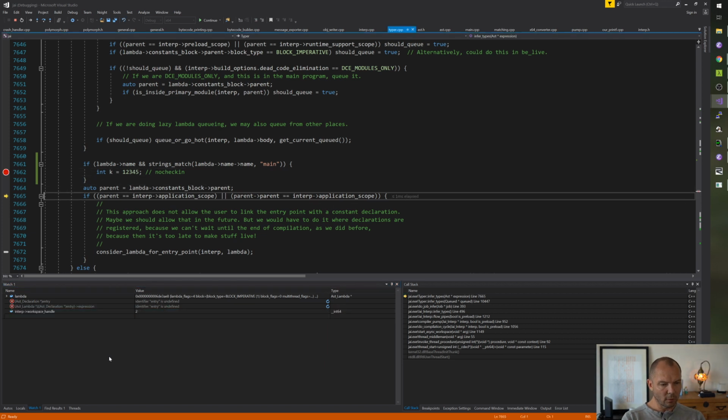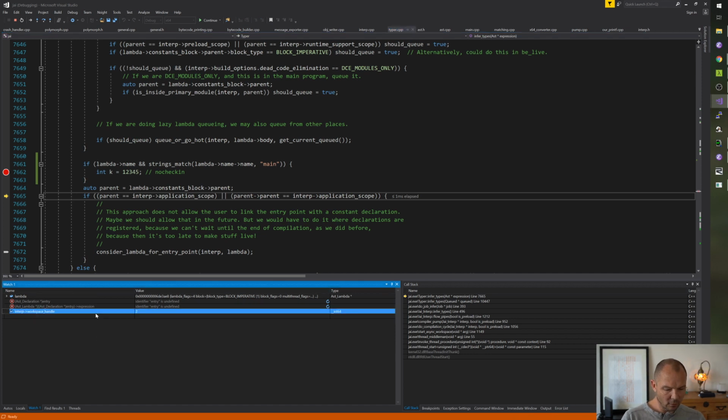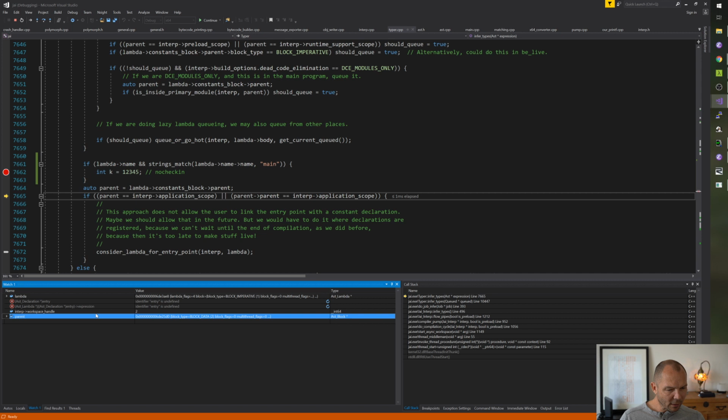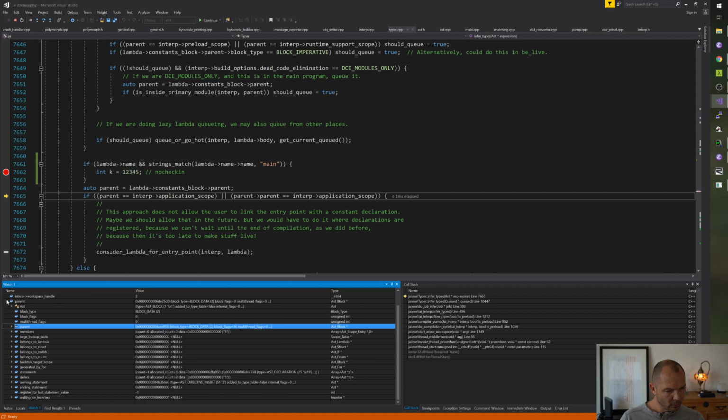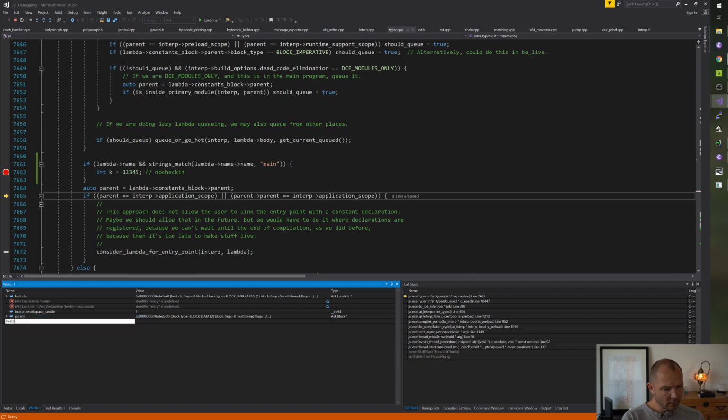So parent is going to be a file scope, I bet. Application scope, which is sort of the top level, is 492cc68.